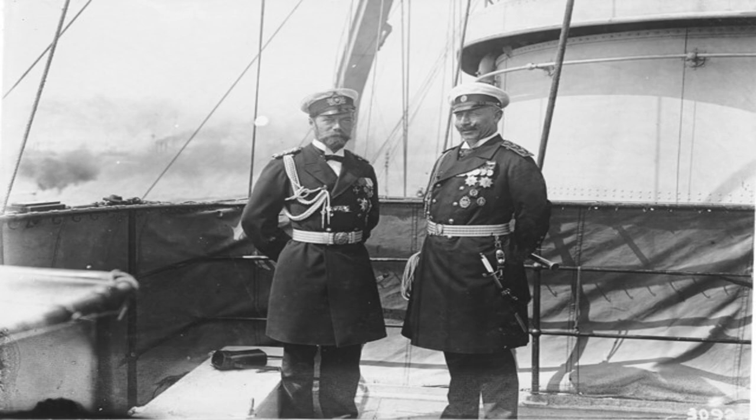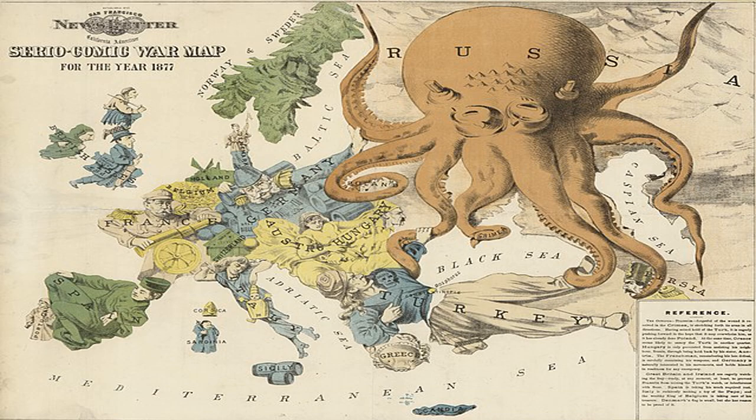To understand why the end of the Reinsurance Treaty was so devastating, we first need to look at what the treaty actually was and why Bismarck had created it in the first place. After unifying Germany in 1871, Bismarck knew that his new empire was surrounded by potential enemies. France, still humiliated from its defeat in the Franco-Prussian War, was eager for revenge. Austria-Hungary and Russia, Germany's eastern neighbors, had their own ambitions in the Balkans.